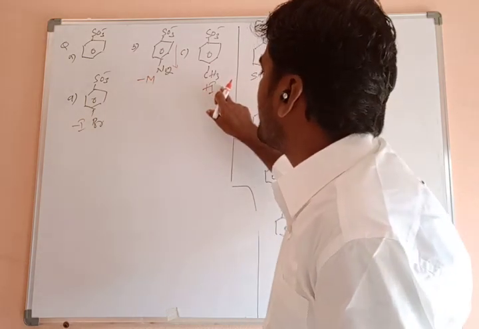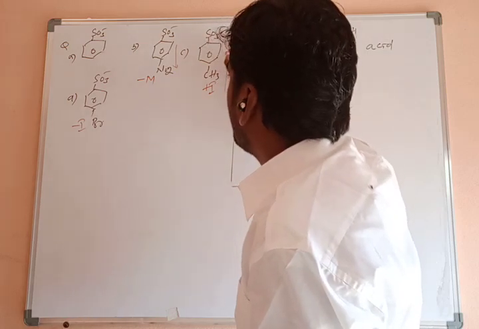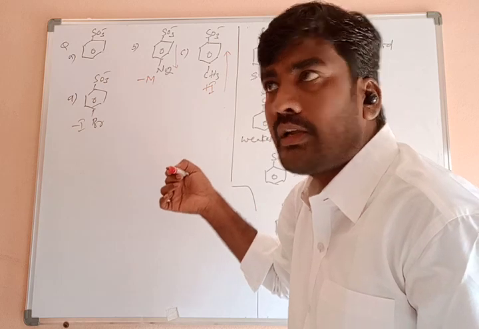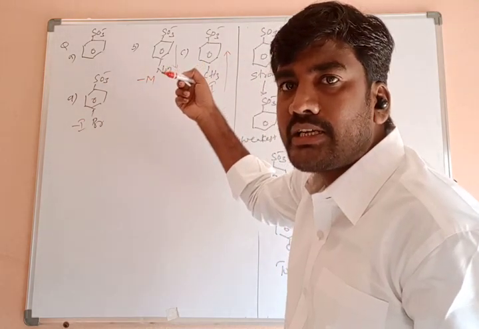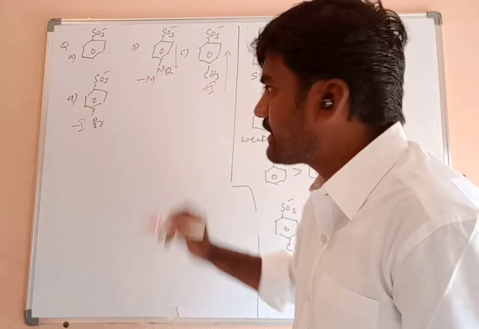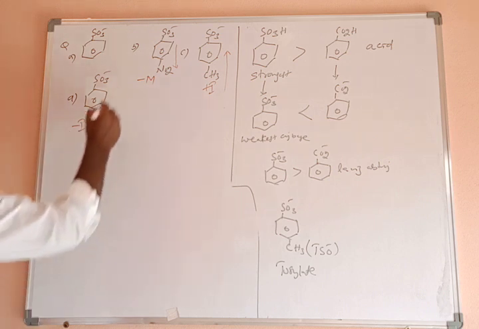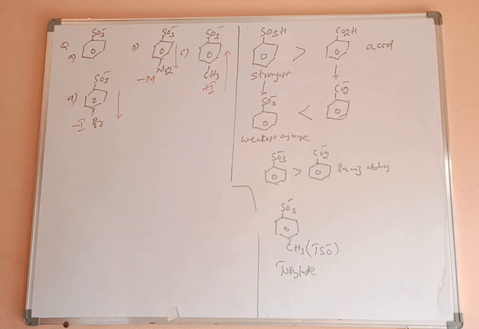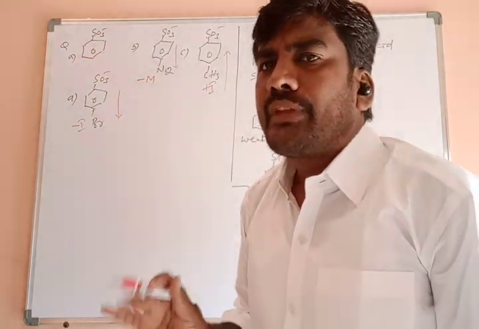Next, the CH3 group has a plus I effect. It increases the electron density throughout the molecule. Already a negative charge is there, and we are adding more, so instability increases. Instability increases means leaving ability decreases. What about the minus I effect of bromine? Electron density decreases, moving towards the minus I group, so the negative charge is stabilized. Negative charge stabilized means leaving group ability increases automatically.